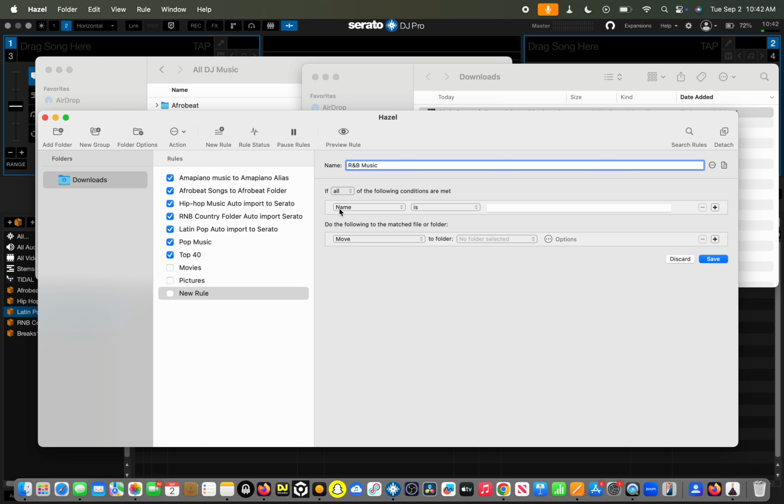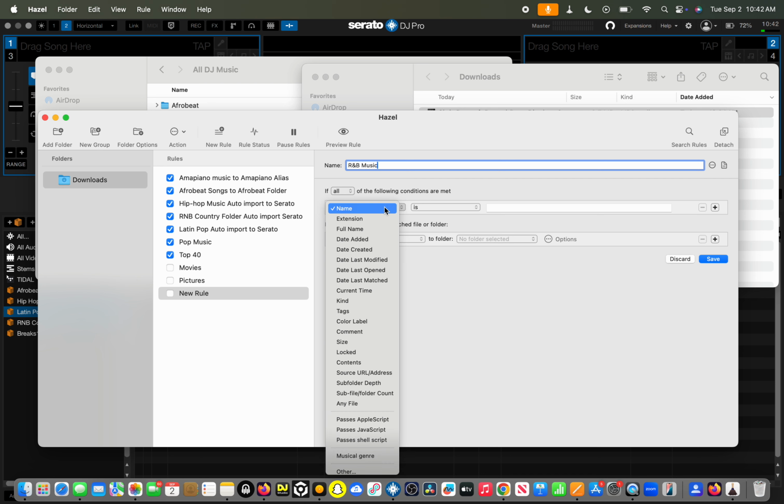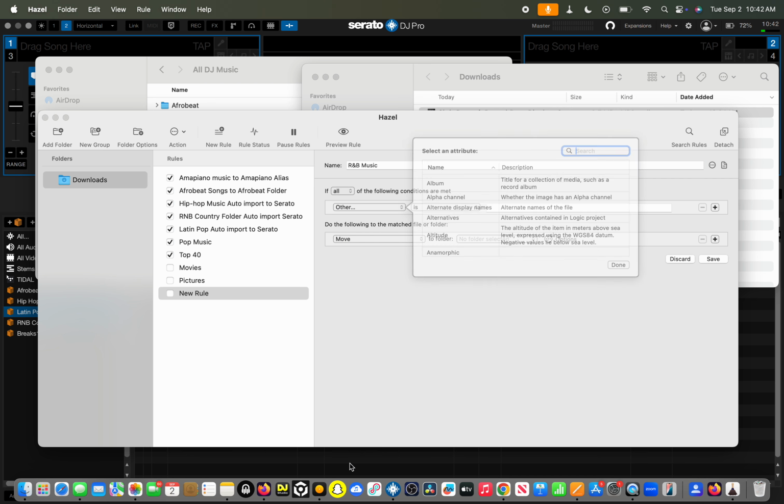But after that, you want to read this very carefully. It says if all of the following conditions are met, the name, which is the name of the file, is blank, right? But in this case, we're not going to do name, we're going to do musical genre. In order to find that, you're going to click on other, because sometimes in the beginning when you first get it, you